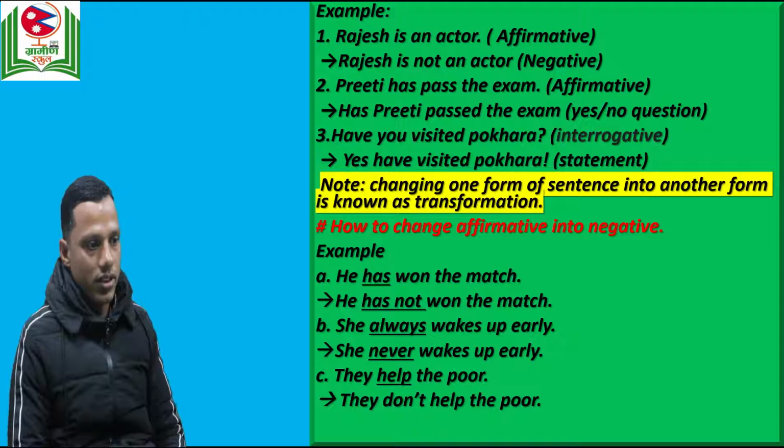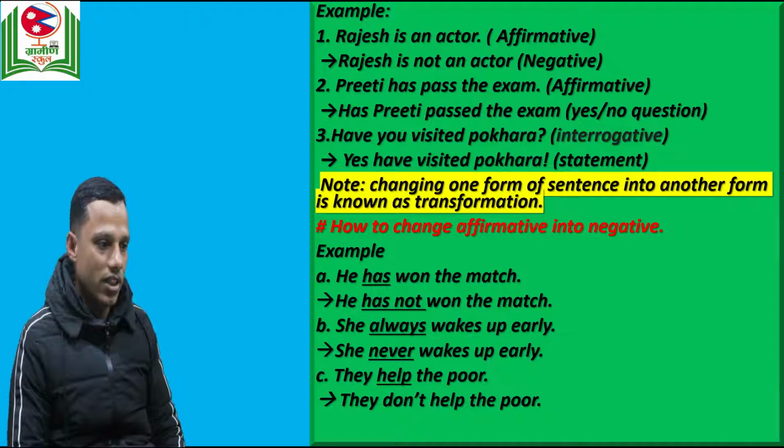First we have an example. Number 1, Rajesh is an actor. Yes, it is in affirmative, you can see in the brackets. Now you can change this sentence into negative as Rajesh is not an actor. Similarly, in number 2 we have Preeti has passed the exam. It is in affirmative form. Now we can change this sentence into negative as